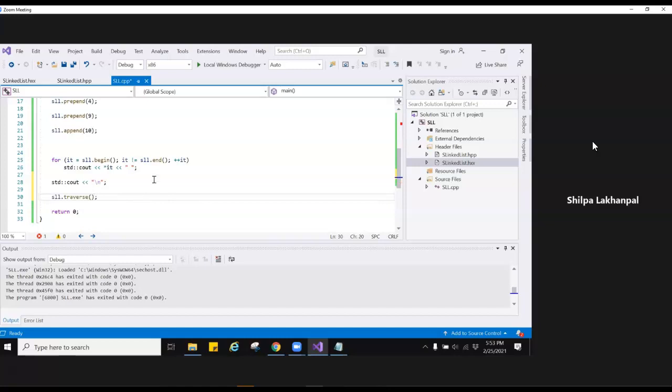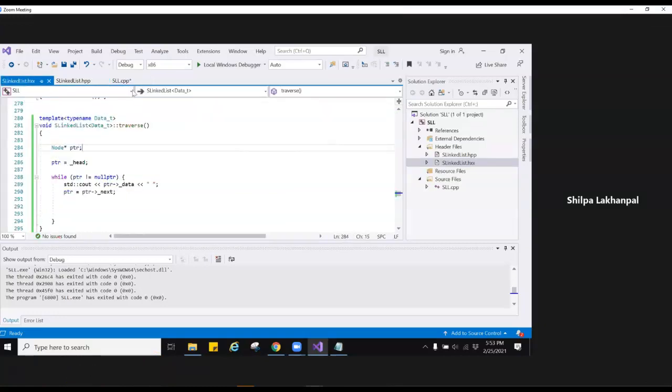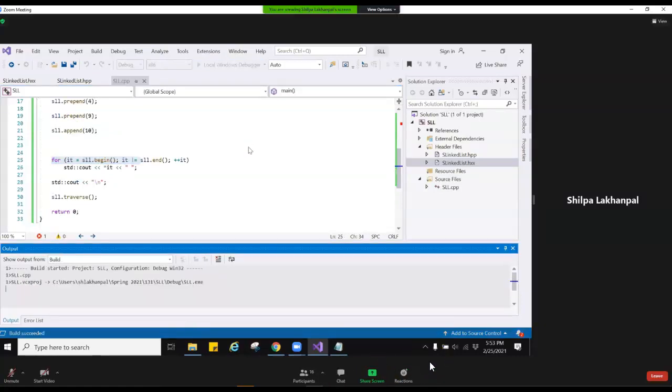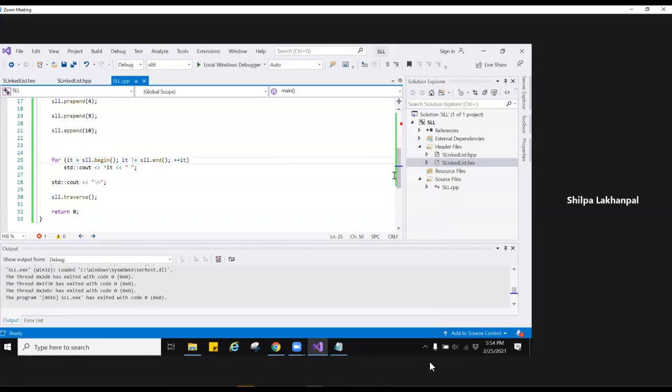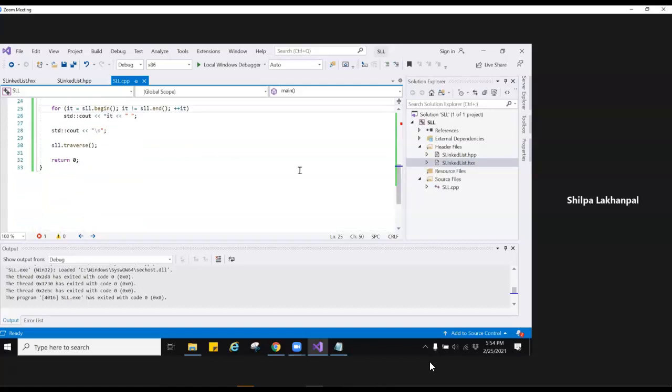Then let me try to run it and see that either using the iterators or using the function that we have just written, which traverses using the pointers, we should get the same result, which we do. So this is a check that our function is running correctly, right? So this is how we can add code because we have access to our class.